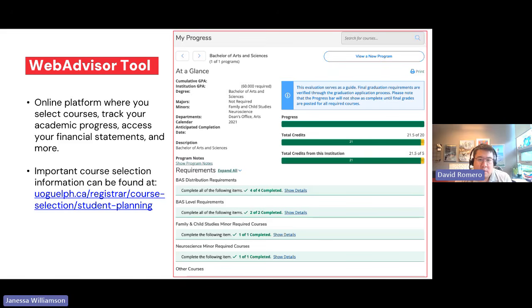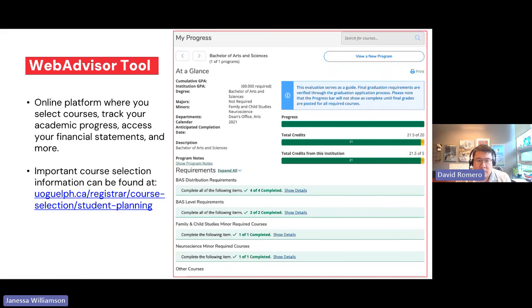So WebAdvisor, this is an example of the progress tab for students, but it is the online platform where you can manage pretty much all of your academic requirements, and again, access your financial statements.